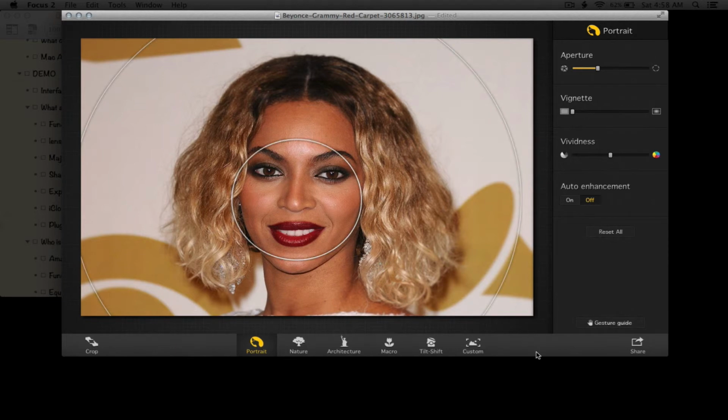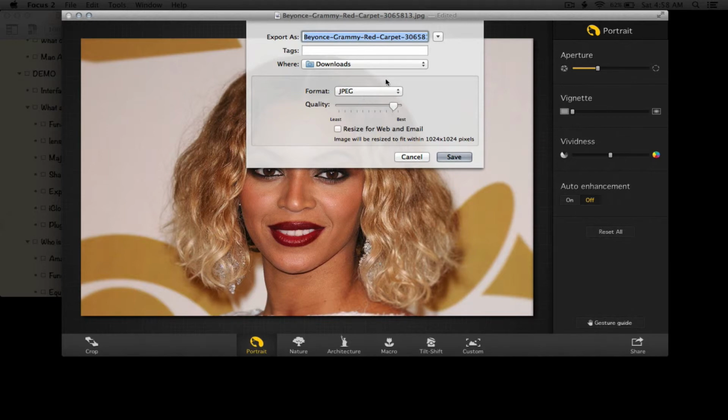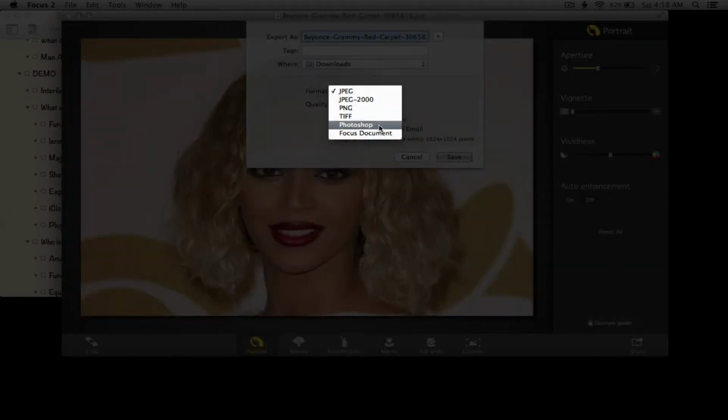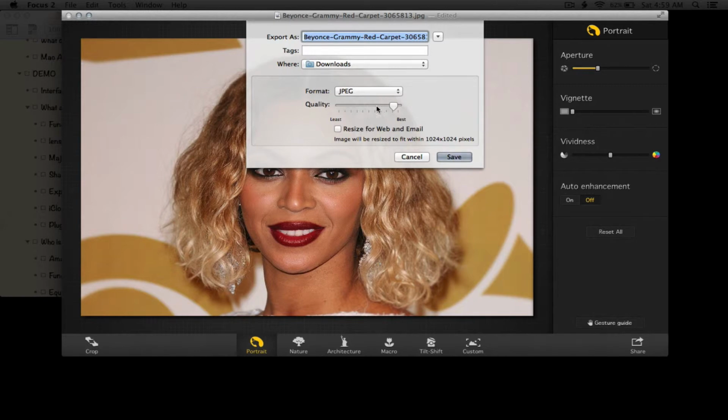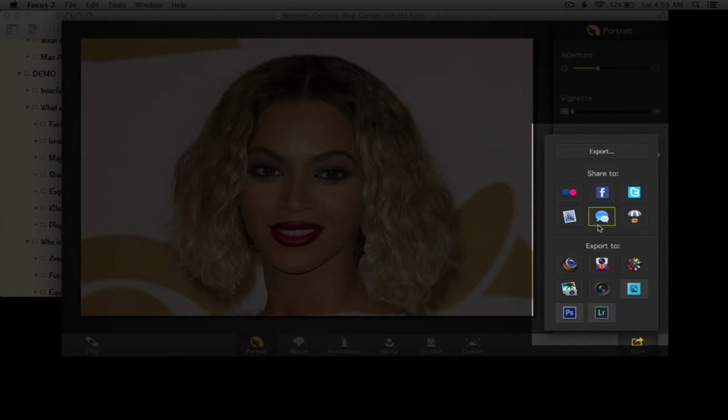Okay. Next thing I want to show you is the sharing features. So you can export it here, and it gives you options of the format you want to export it in, whether it's Photoshop, a focus document, TIFF, PNG, JPEG, etc. The quality, least or best, resize for web and email, etc. And of course gives you the option of where to save it or export it to. You can also export it directly to iPhoto